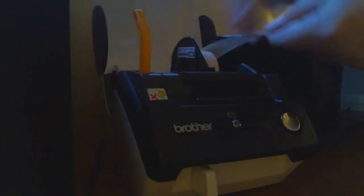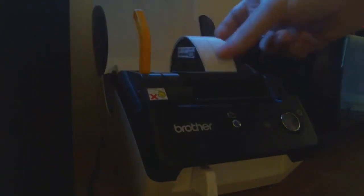Okay. Let's put you back down, and you lift this little lever. I'm going to show you this side. Lift that little lever up, thread it through,